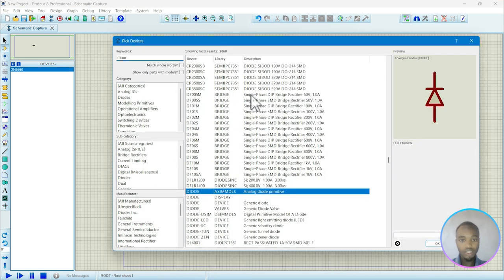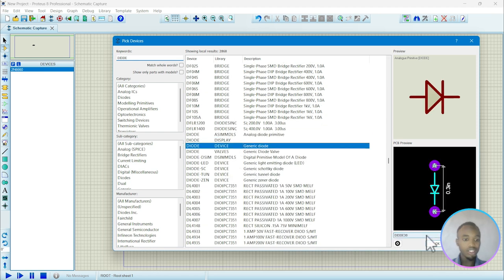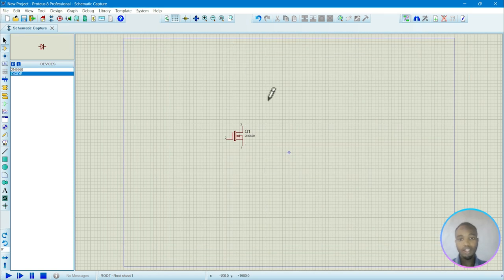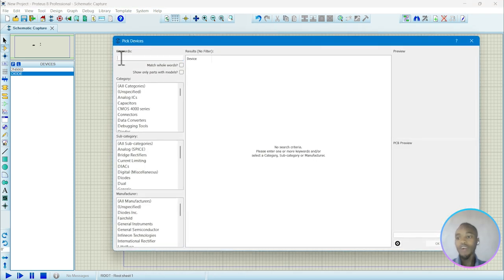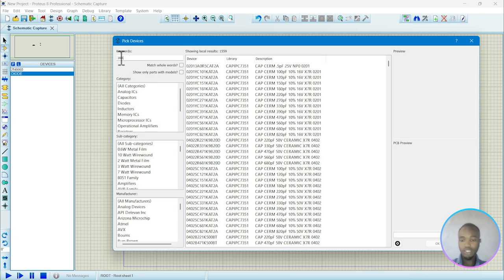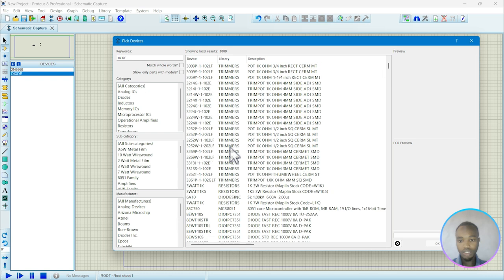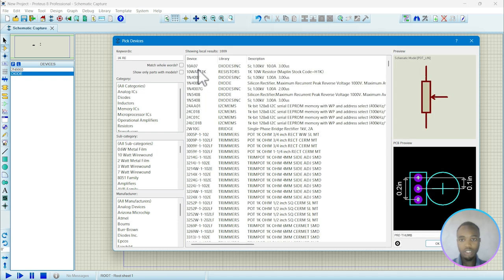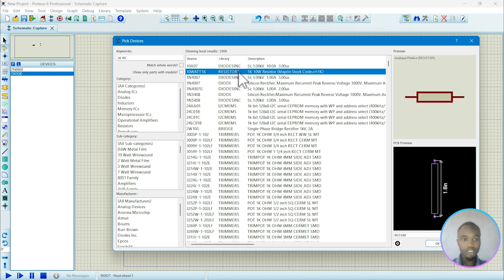An ordinary diode, a single rectifier diode, is this one. We need 2 diodes and also a 1K resistor. The 1K resistor is this one.